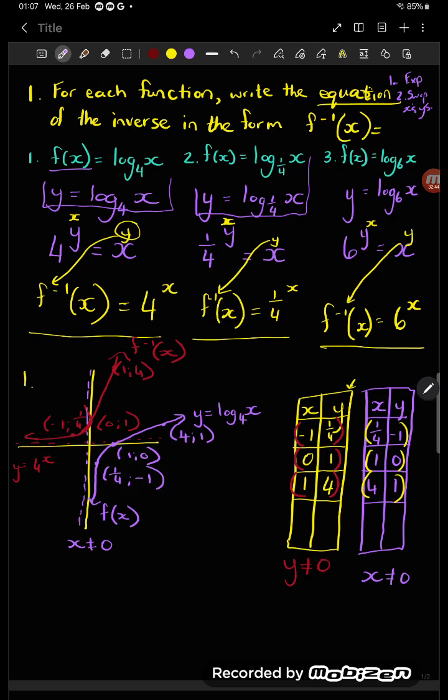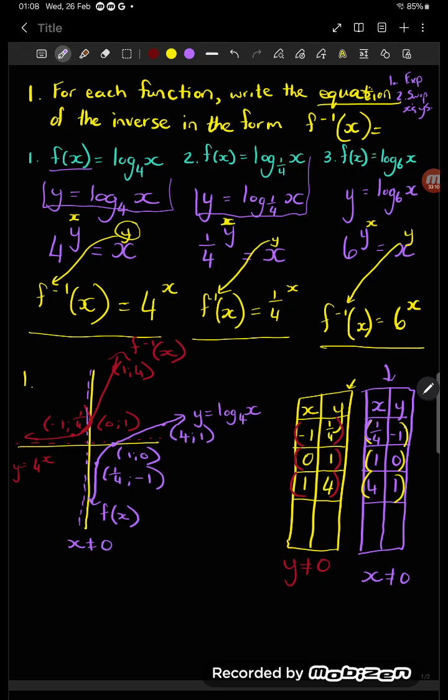Okay, so I've plotted this one. It's y is equal to log base 4 of x. Please write down all of your coordinate pairs. You get marks for writing down coordinate pairs. You get marks for your asymptotes. Please label your asymptotes as x is equal to 0, however you want to label them. And you can see how this vertical